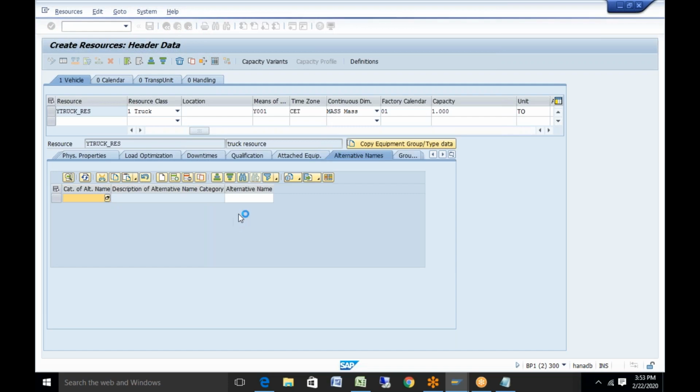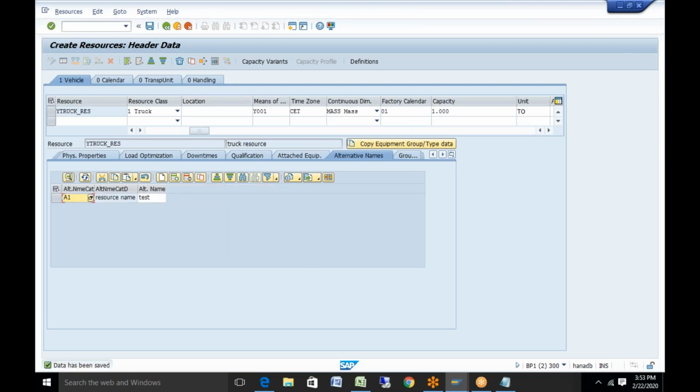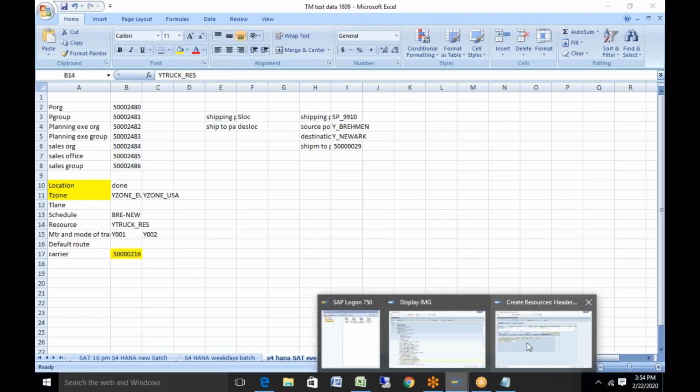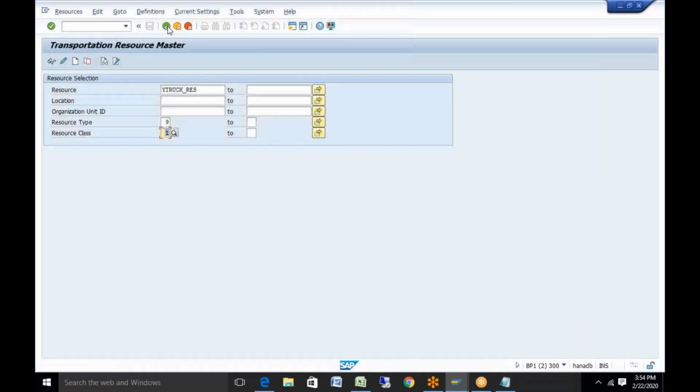For example, I give a resource name here, test, and I create it. So this is for my truck resource, and I do it for a vehicle resource.